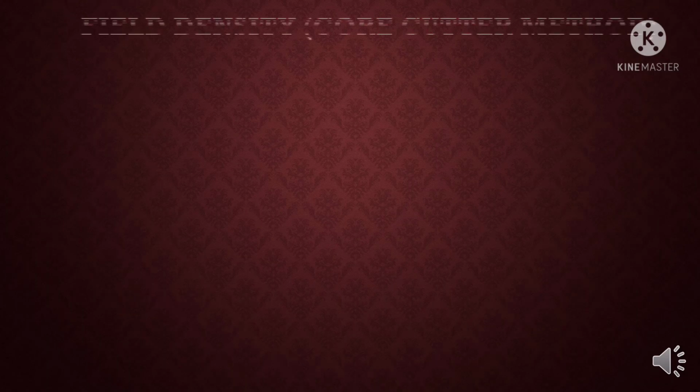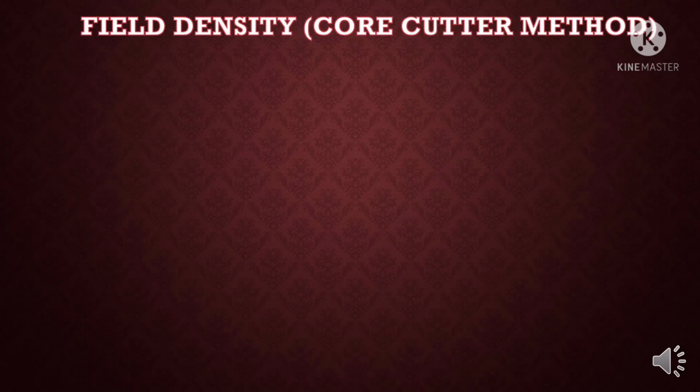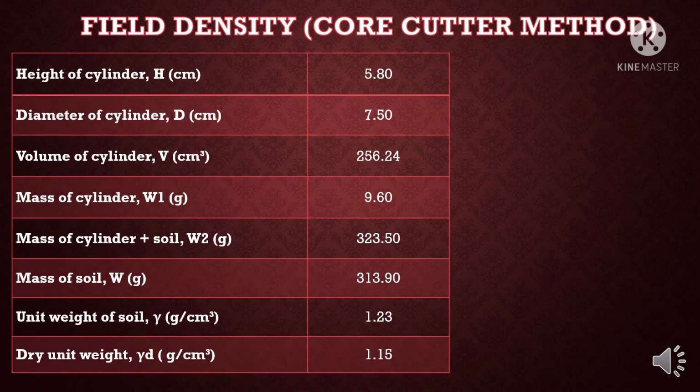So this is the finding of the fluid density test, which is the core cutter method. For the height of the cylinder H is 5.8 cm, diameter of the cylinder D is 7.5 cm. To get the volume of the cylinder V, I use the formula V equals pi d squared H over 4. And then I get the value